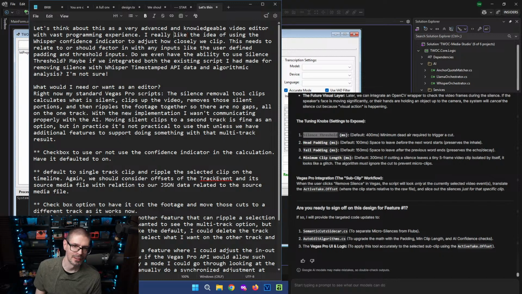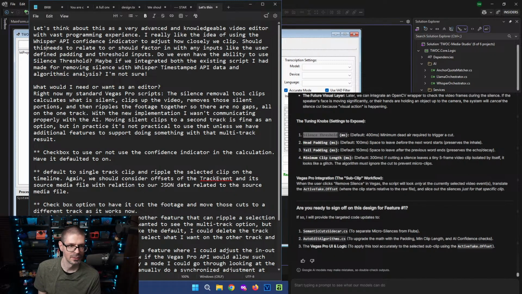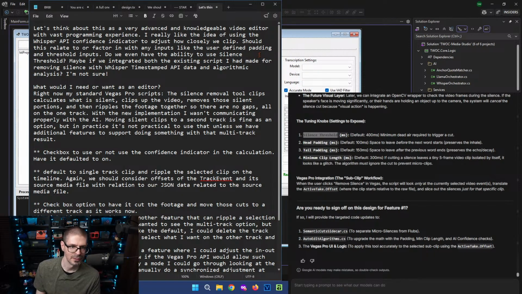I really like the idea of using the whisper confidence indicator to adjust how closely we clip. This needs to relate to or should factor in with any inputs like this. Factor in with any inputs? Question mark.